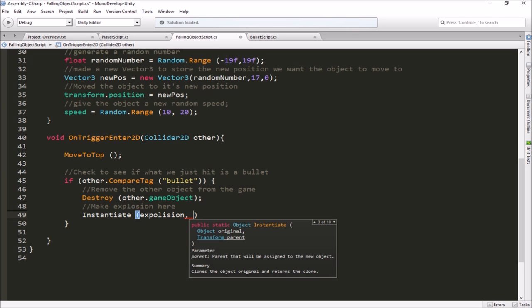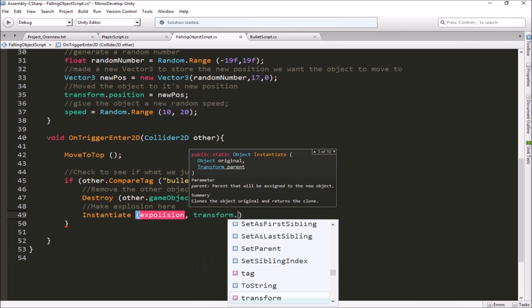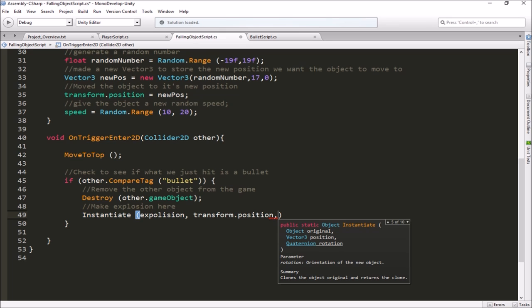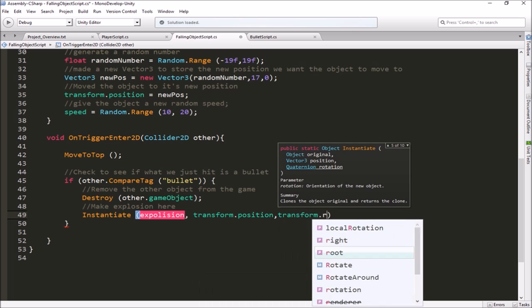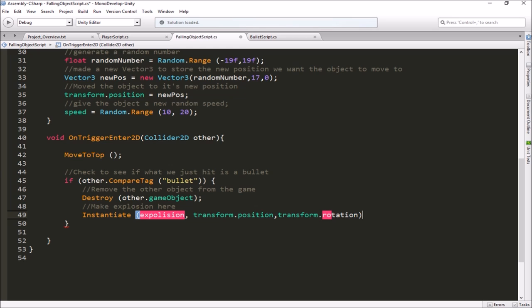So I'm going to just put it at the position of my falling object at the time that we had this collision. And since this OnTriggerEnter2D runs the very same frame that the collision happens, I know it happens right here at this spot where this happened. So I'm going to feed in the transform.position of the falling object, and then I'm going to give it a rotation. So same thing we did before, transform.rotation of my object. Okay,